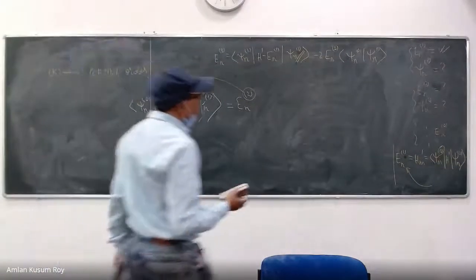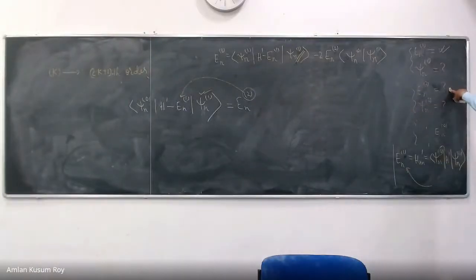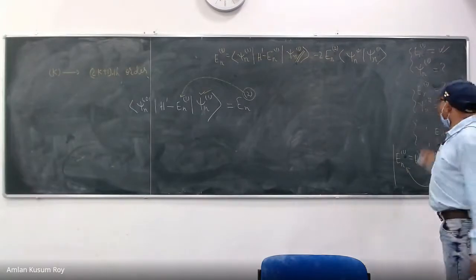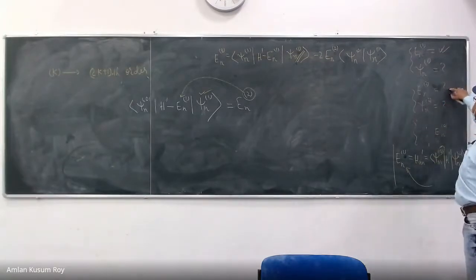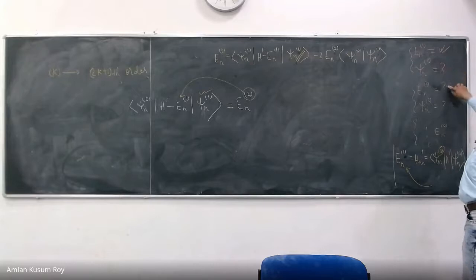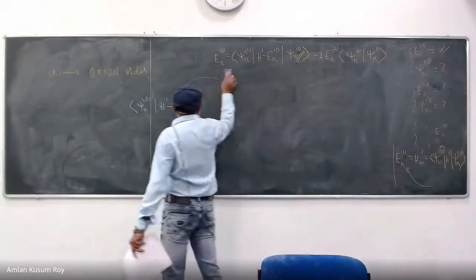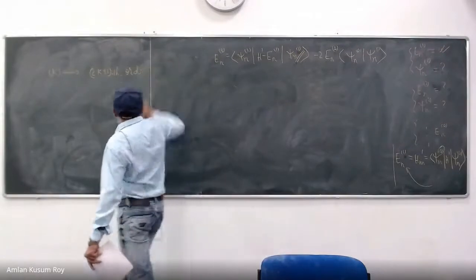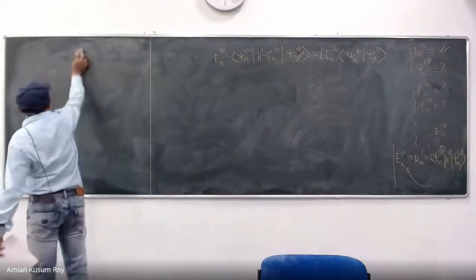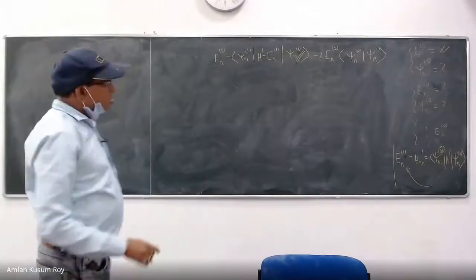So even though I could write something here for En2, it still is not very convenient for me because I have no mechanism of psi n1. So at this point, I still cannot write psi n2, En2. I am still left with only this much. This still needs to be discussed. So let us see how we can proceed. At this point, we have to introduce the so-called